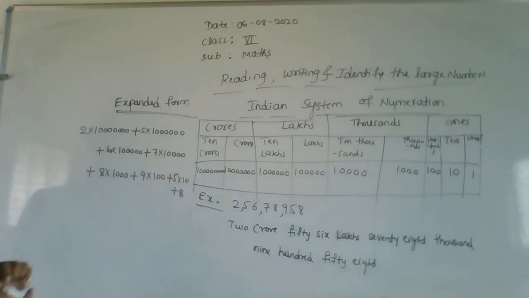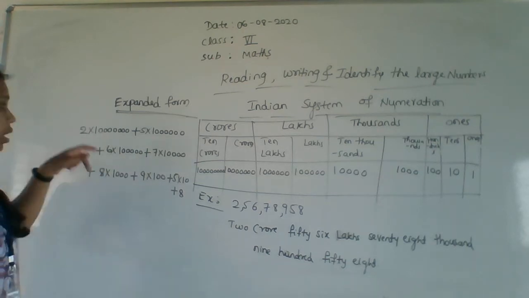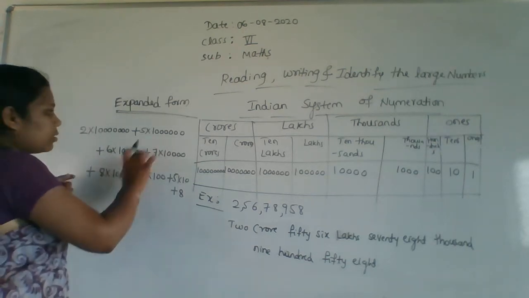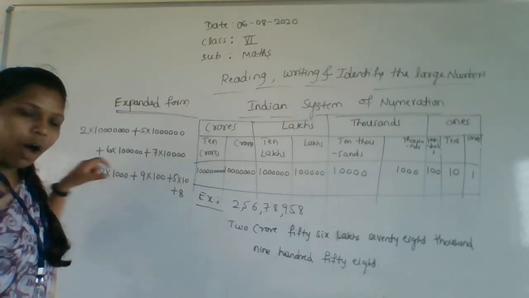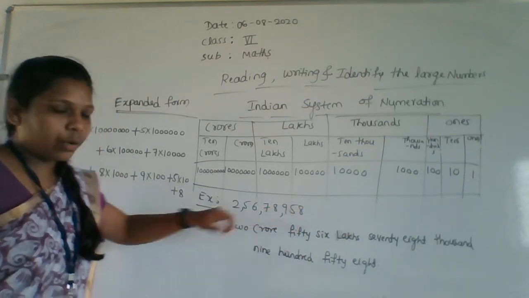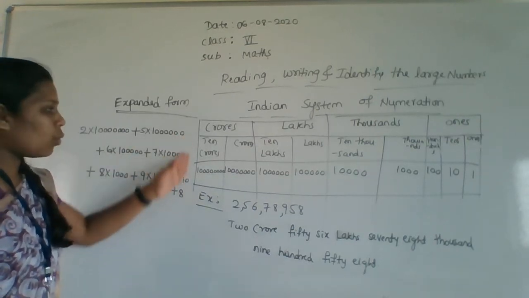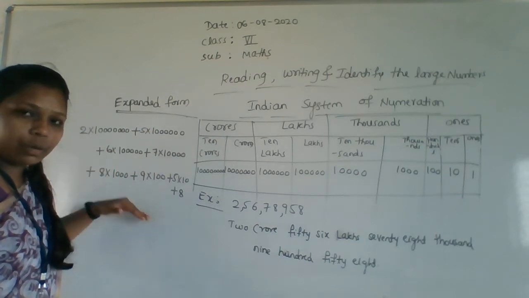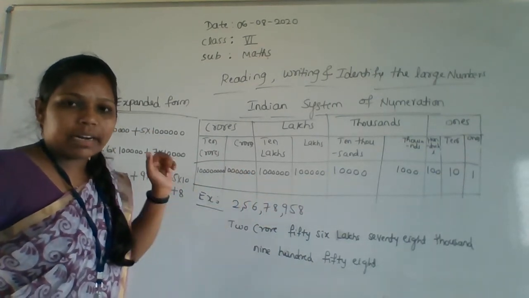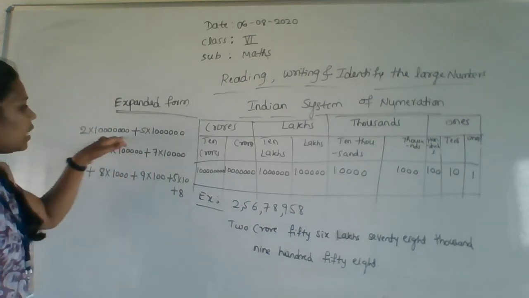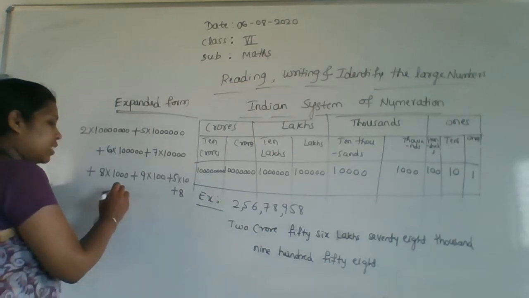Okay, here there is no place, that's why I am writing 8 below that. Okay, so you have to write all the numbers in a single line only. Write this expanded form in a single line only. Don't write it step by step. This is not the method. So here there is no place, that's why I am writing 8 below that. So you have to write in a single line. That is the expanded form. Okay, if you want to write like this, then you can write. This is your textbook method.